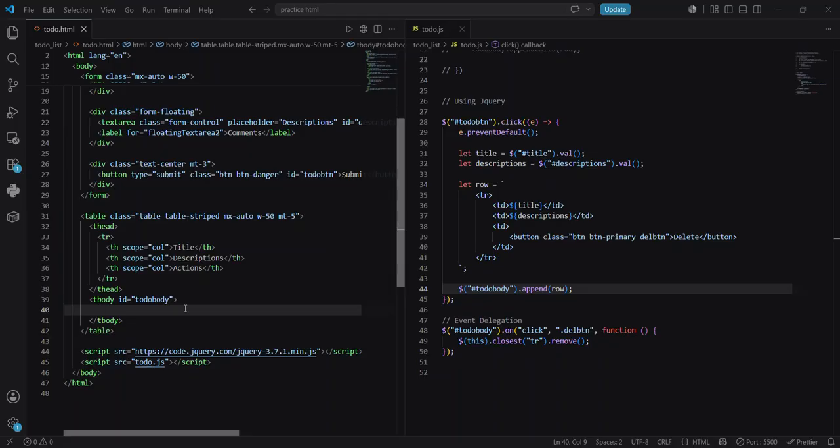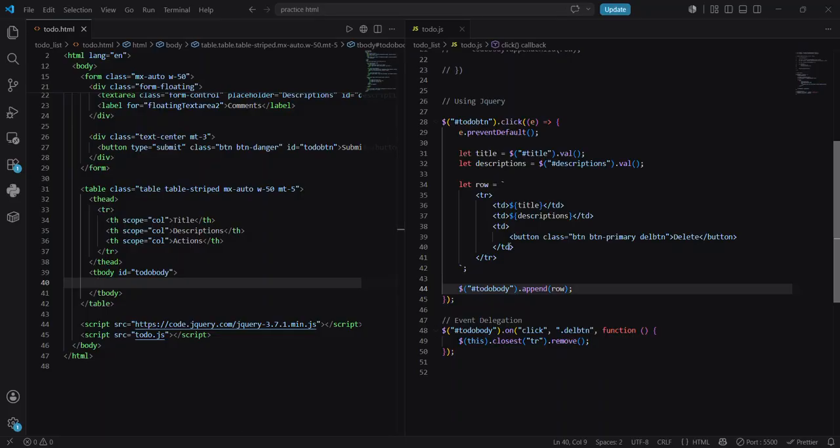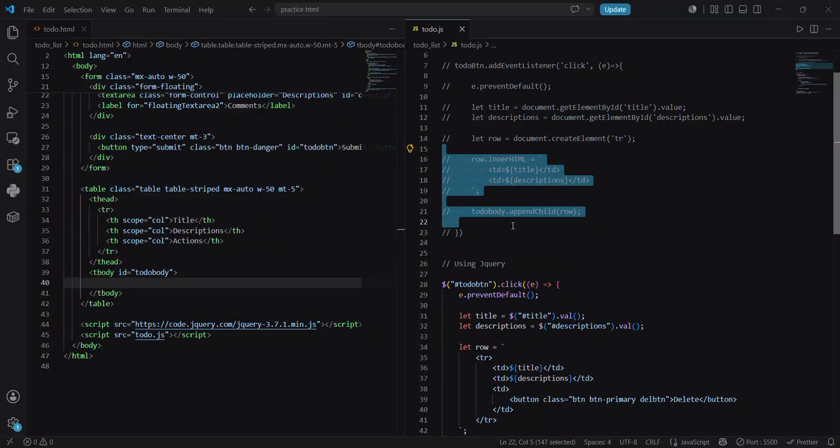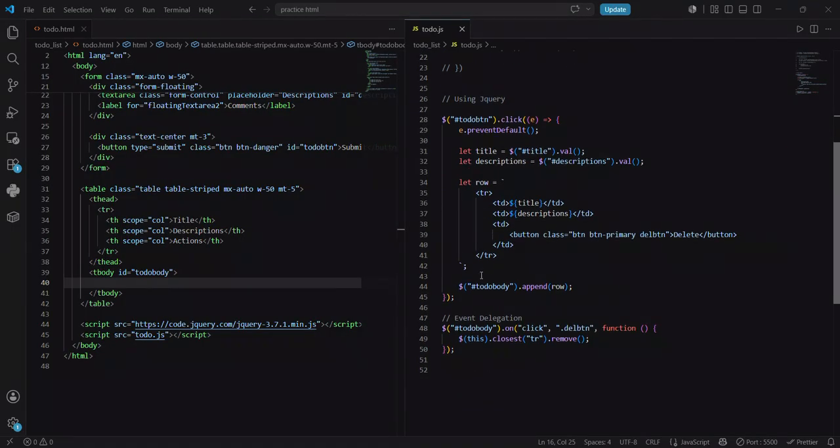Now there is a problem. When we go for the delete button, we could declare it this way, by using event handling only. But for this case we have to use event delegation. Now